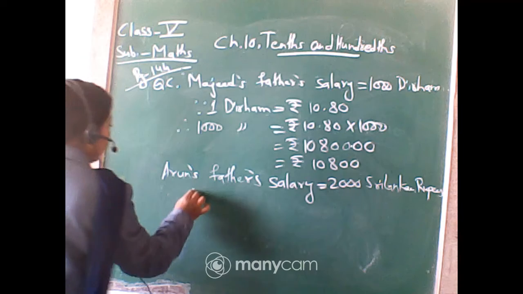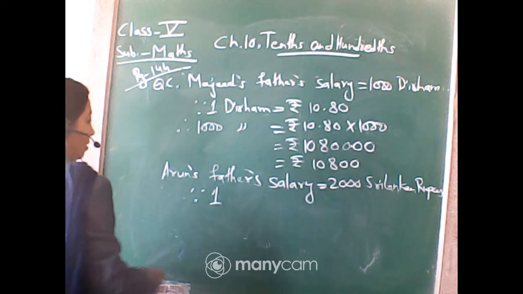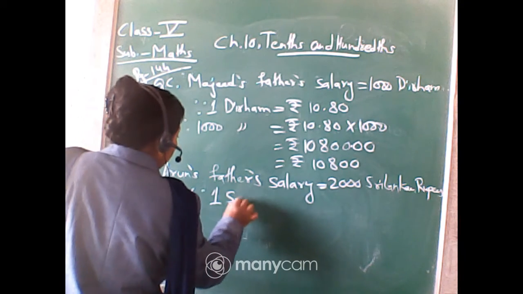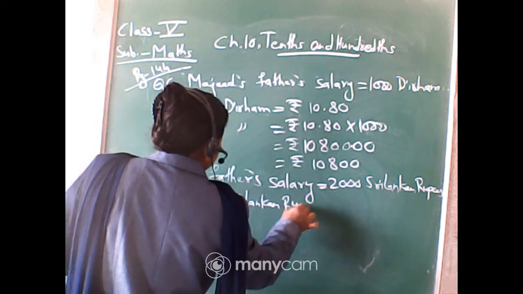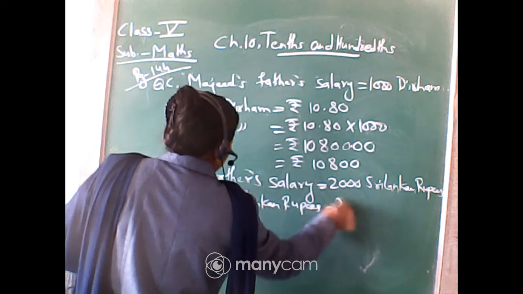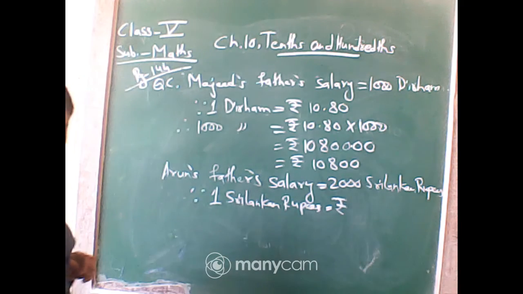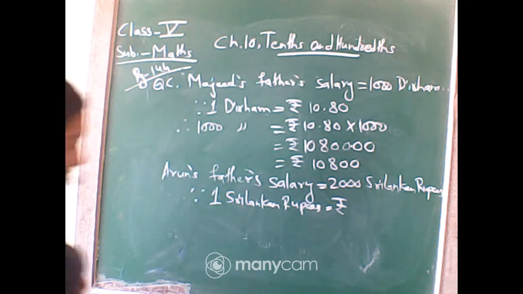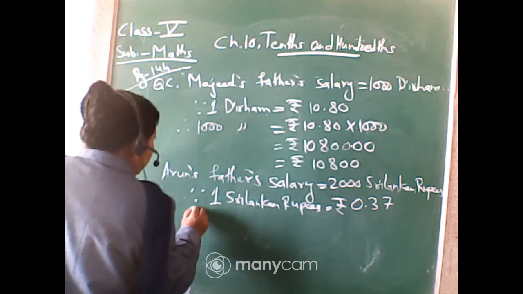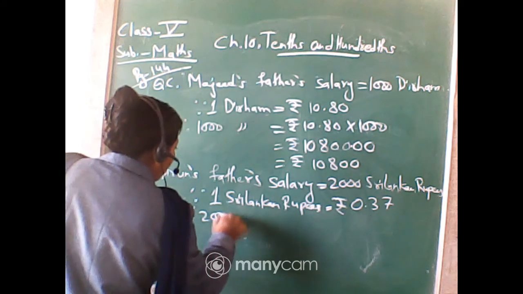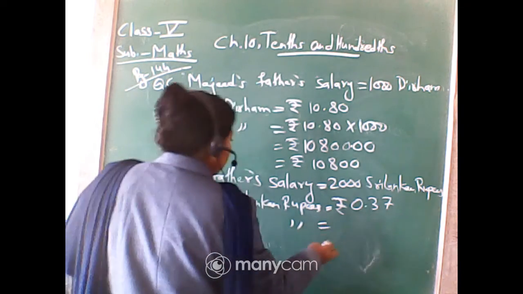What you will write? Since 1 Sri Lankan rupee is equal to, for Indian it is 0.37. Therefore 2000 Sri Lankan rupees is equal to